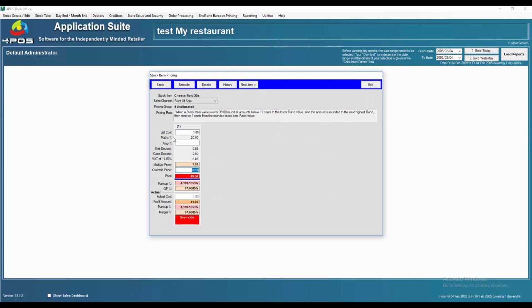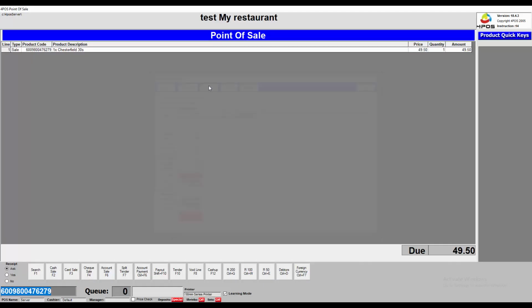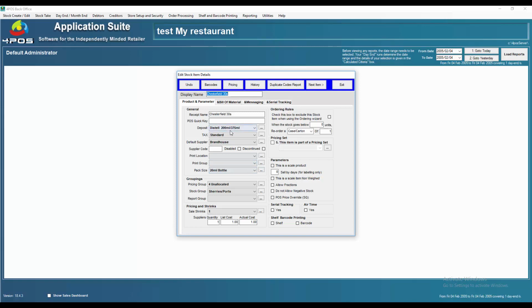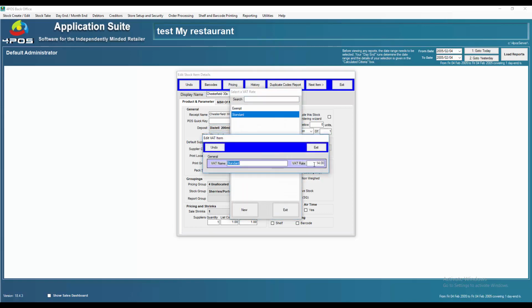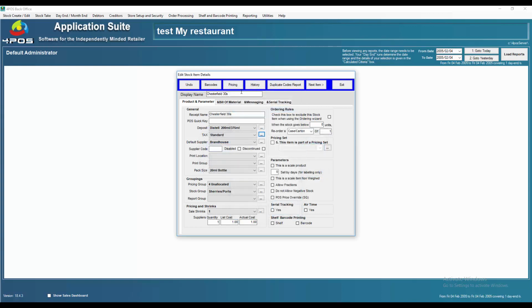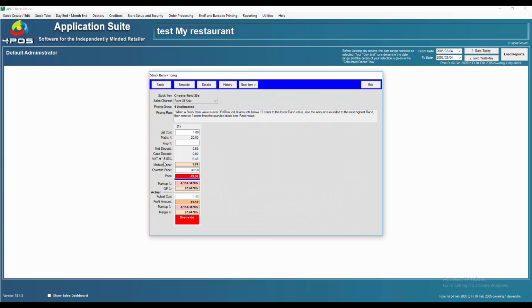Okay, I see that I changed the VAT and did some work in the background there. Instead of showing you, let me just go back and change my VAT again. Sorry about that. And the VAT is 15%. Alright, let's go back and check our pricing here. We can now see VAT is showing at 15%. So the VAT is calculated with VAT, in other words, the VAT component of that is